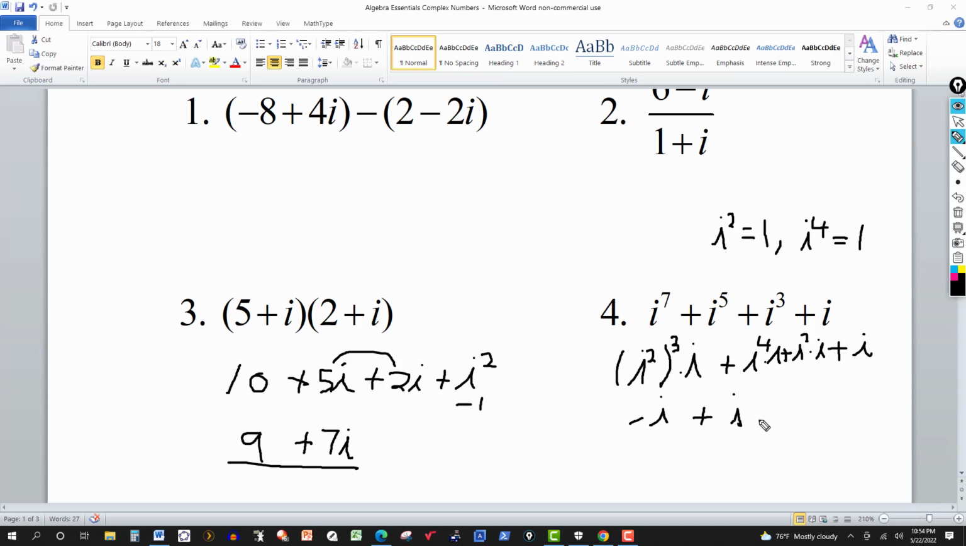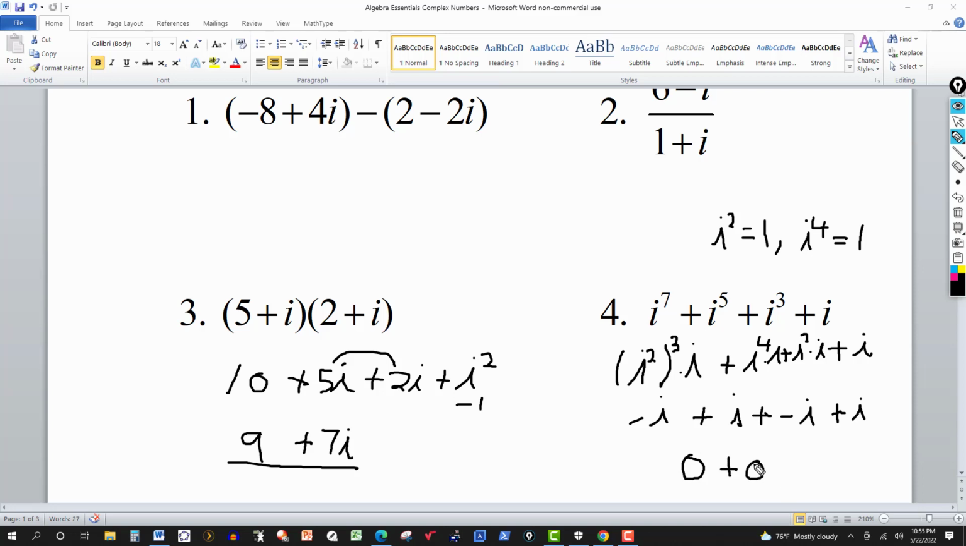And for the next one, i squared is negative 1 times i. That's a negative i. Plus i. We got minus i plus i cancels to 0. So this is 0. Now if we want to really follow the directions, we would write this as